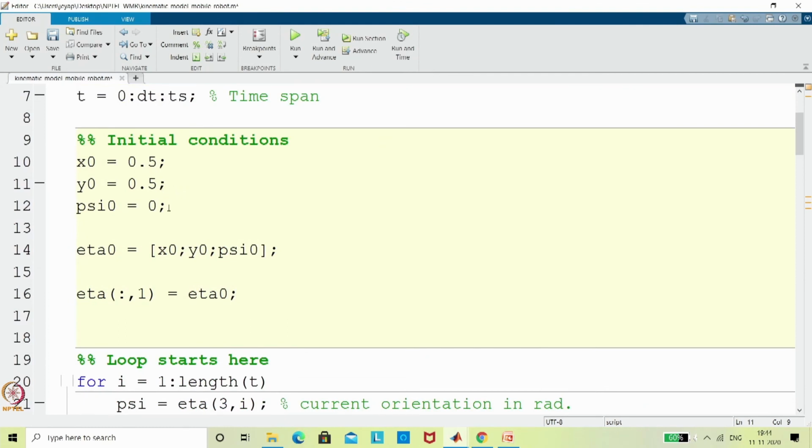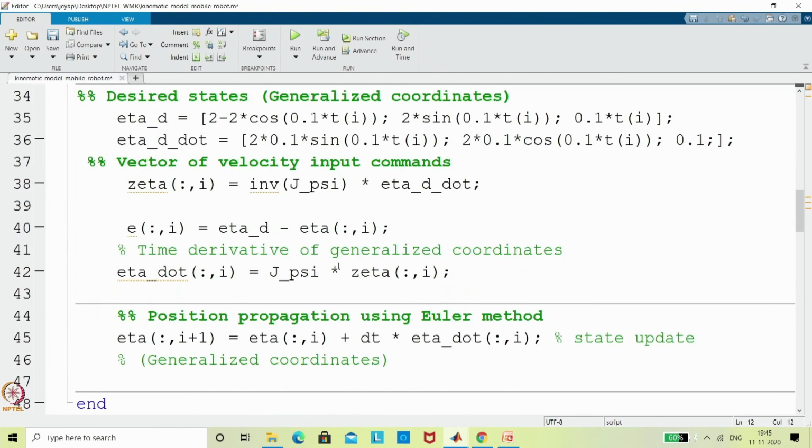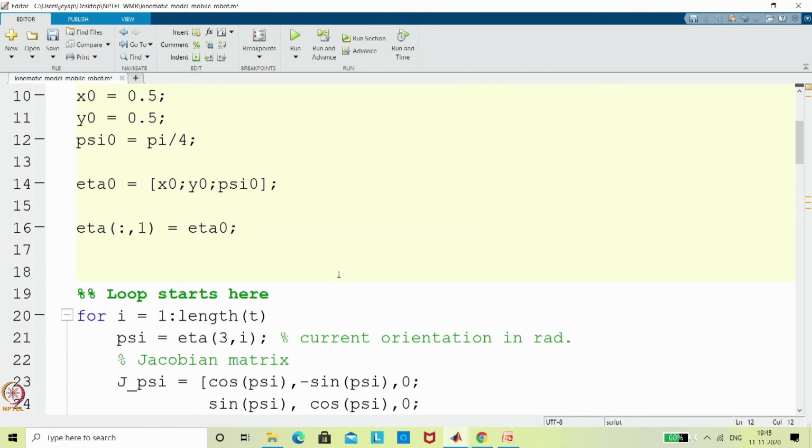So now you can see that the plot is completely different, right. What that means is you have an error. Further, I am assuming that the vehicle is rotated by pi by 4. So instead of the vehicle being at 0 position, it is inclined at 45 degrees. Now you can see that the circle would be with respect to the 45 degrees and with respect to the starting point. That is why I said it is an open loop.